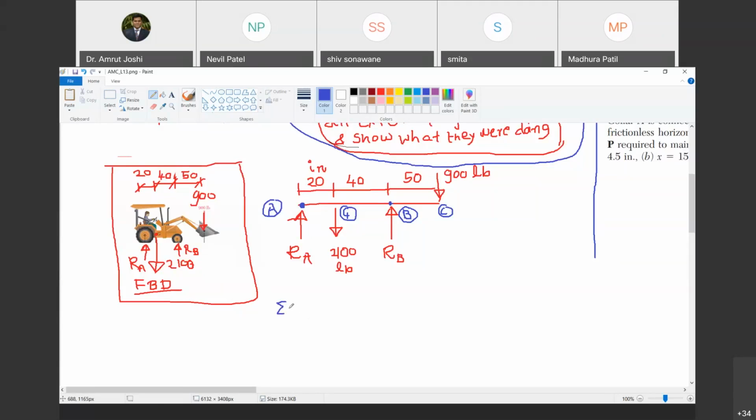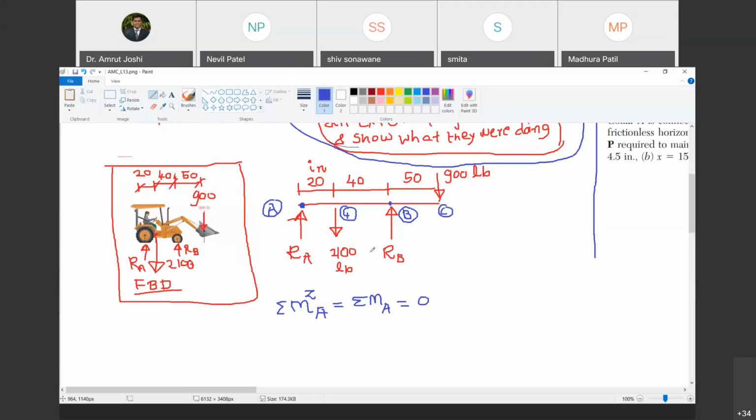Summation Fy, that is not possible. So therefore, the first equation that I choose is summation of moments about z axis passing through A. Now we say all this in shorthand: summation of moment about A. Are you with me? Yes, sir. You have to understand, it is about z axis. This must be equal to 0 is the first equation that I'm going to employ or that I'm going to